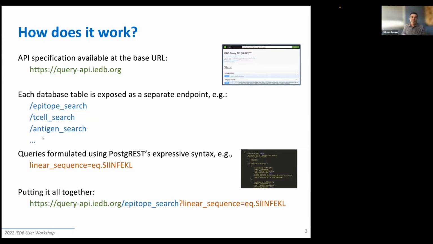And then you usually want to filter your query. You usually aren't going to want everything returned. You're not going to want to retrieve all of the epitopes. Maybe you will, but most times you're going to want to target your query somehow. That's done using PostgREST's expressive syntax. So you can add on to the end of your query the field that you want to query against, and then using